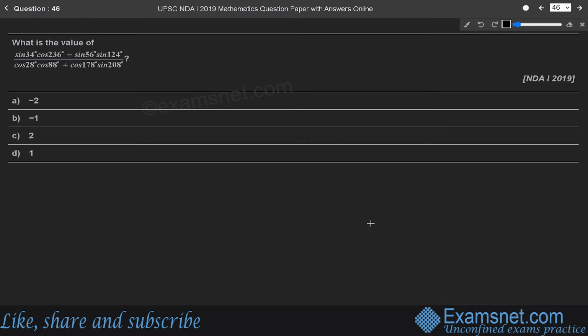Next question is, what is the value for (sin 34 cos 236 - sin 56 sin 124) upon (cos 28 cos 88 + cos 178 sin 208)? We have to just find the value for the given trigonometric expression. Now this can be further written as